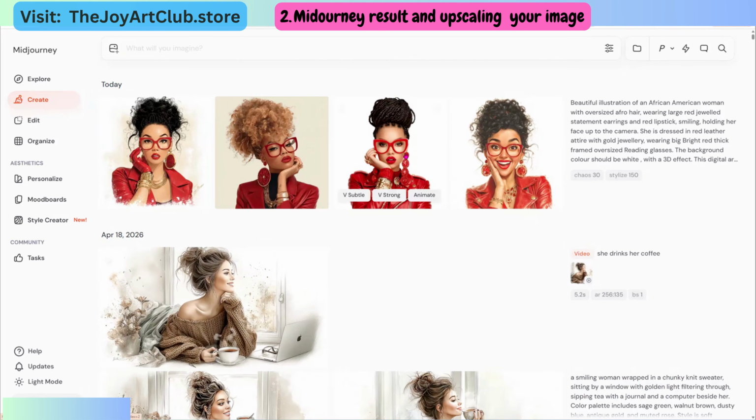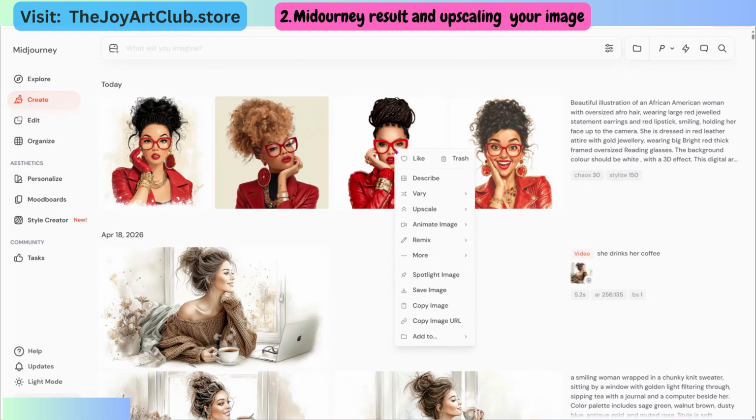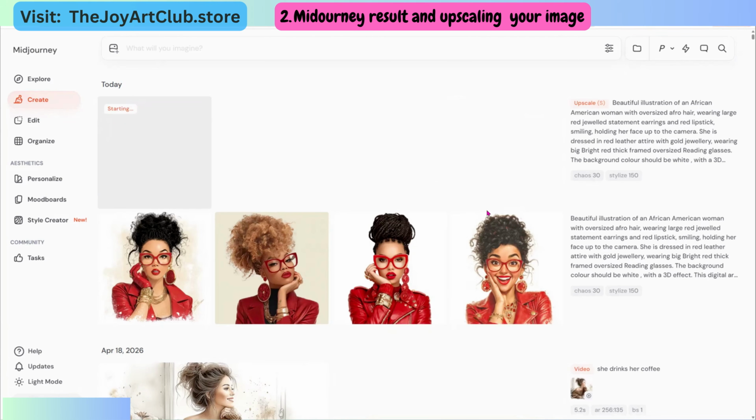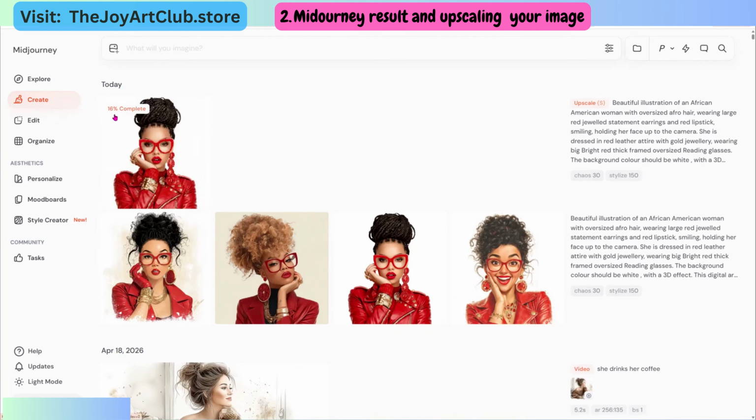They're all great. I think I like this one, the third one, the best. So I'm just going to right click on here. And I'm actually going to upscale it just a little bit. You don't necessarily have to because in Canva, you can upscale your image as well, but it does just make it start off with a better resolution. And once it upscales it, I'm then going to download that image onto my computer, and then I'm going to upload that image onto Canva. So it's almost complete here,